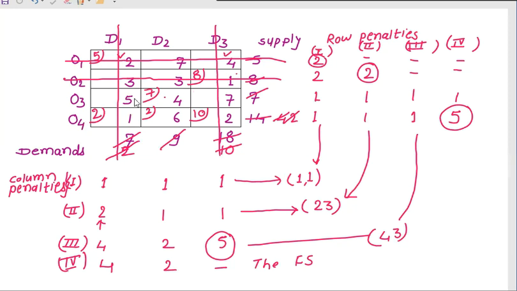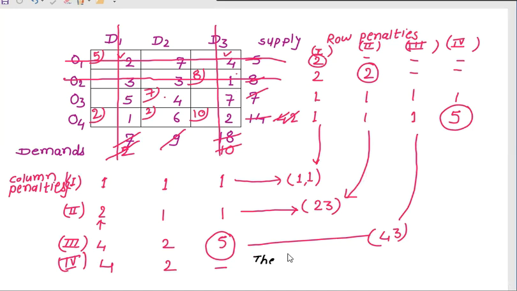These are the row sum restrictions satisfied. Now the column sum restrictions: 5 plus 2 is 7. 7 is the requirement. 5 units are transported from the first and 2 units are transported from the fourth factory, which is equal to the requirement at the first warehouse. At the second warehouse, 7 plus 2 is equal to 9, and 8 plus 10 is equal to 18. So in this way, column sum restrictions and row sum restrictions are satisfied. So it is a feasible solution.